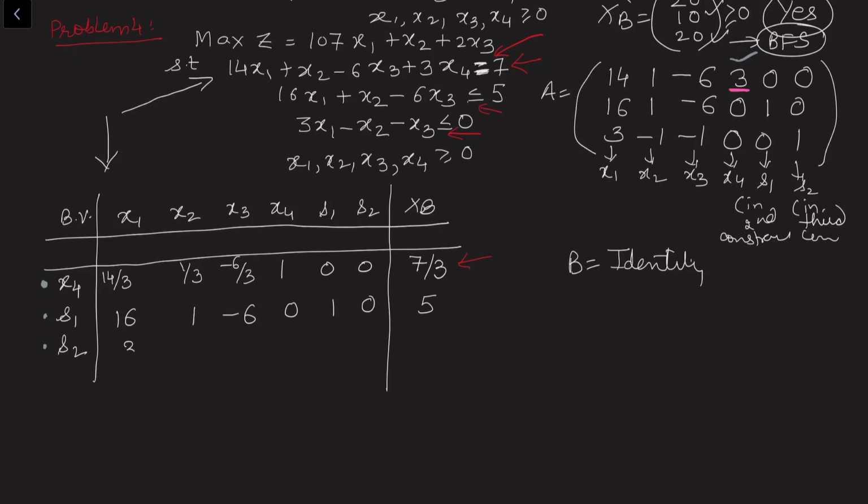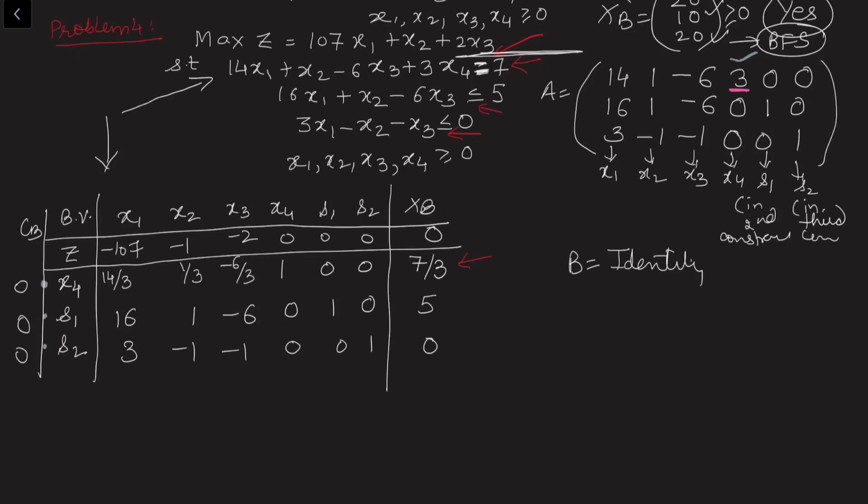And then we got 5, 3, minus 1, 0, 0, 1, and this is also 0. So this is the first simplex table, and we see what is Zj minus Cj. Corresponding to this, the Cb vector is already 0, because in the objective function you can see that there is no x4, so the x4 cost is 0. So this is simply the negative of what is given to us in the objective function. So that is minus 2, 0, 0, 0, and hence z is also 0.